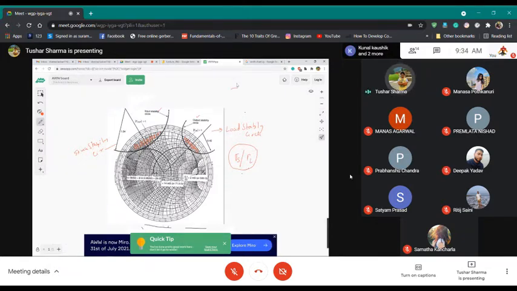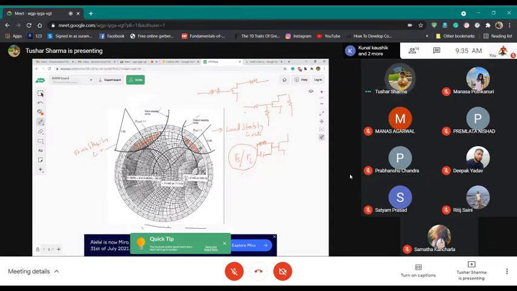Say, for example, this is my device. I can put a resistor in series at the input to kill my input oscillation. Similarly, I can put a resistor at the output to kill my output oscillation. The location of these resistors can be different. I can put resistance like this, or like this. I can also use multiple resistances, or R and C in parallel. So there can be multiple ways of doing that.